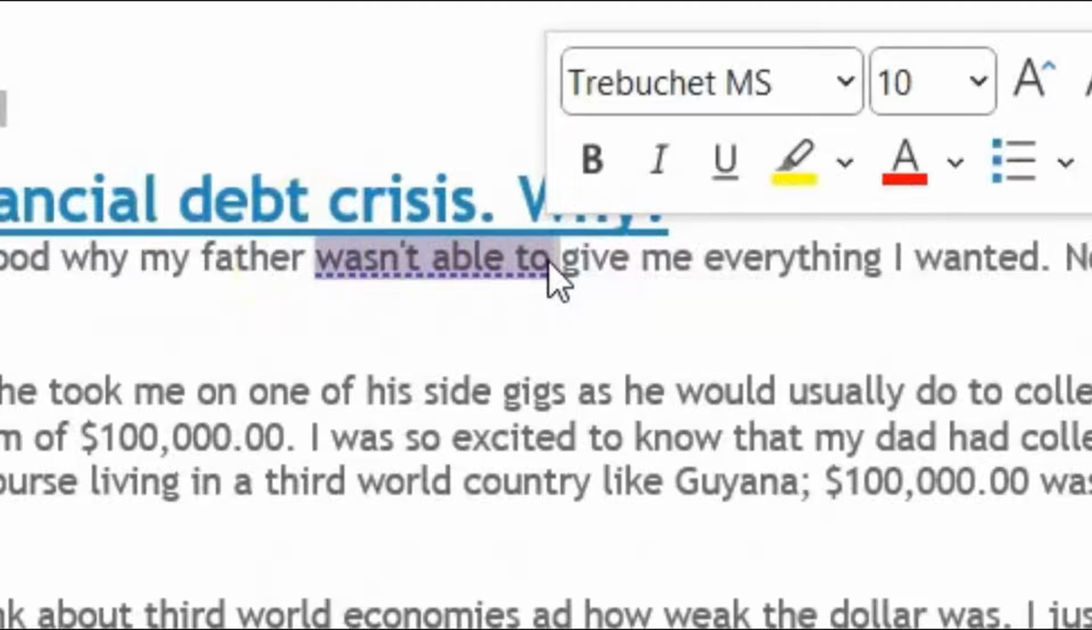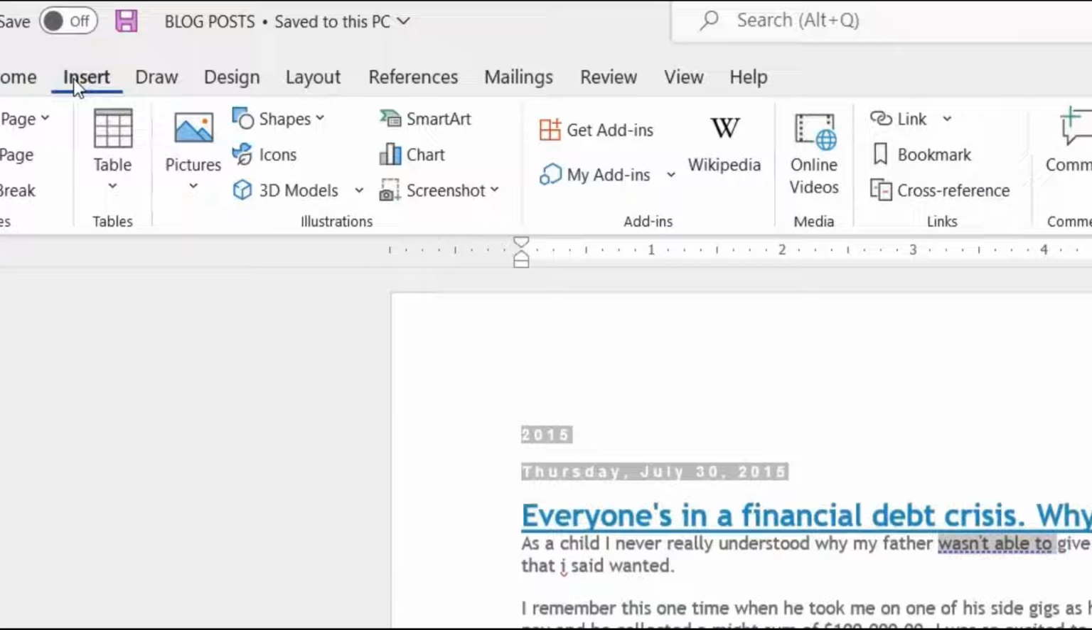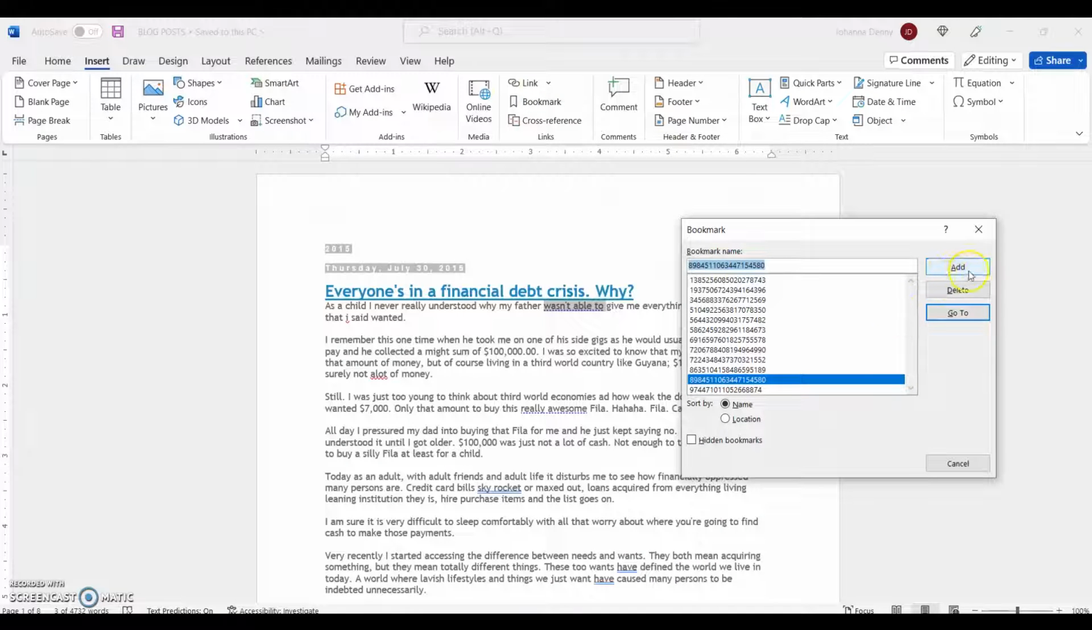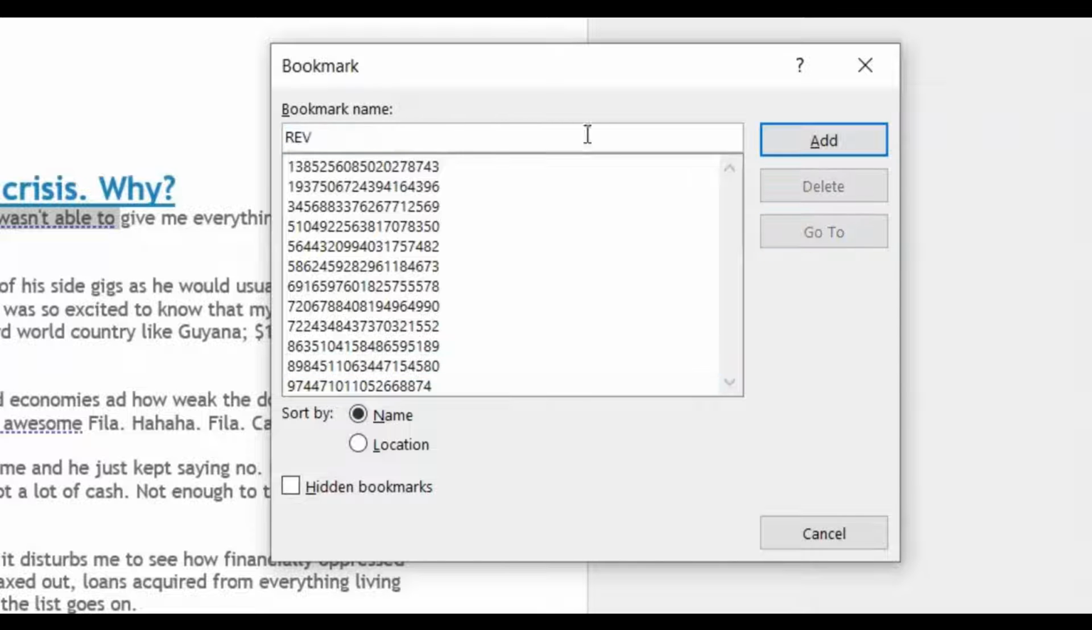So we're going to bookmark this. Let's go up to Insert in our ribbon menu here, and we'll come across to Bookmark. Now we're going to add a bookmark, but instead of giving it all of these numbers, I'm not sure why those numbers are there. I think those numbers just came across from my blog that I took them from, but we're going to name this Revisit